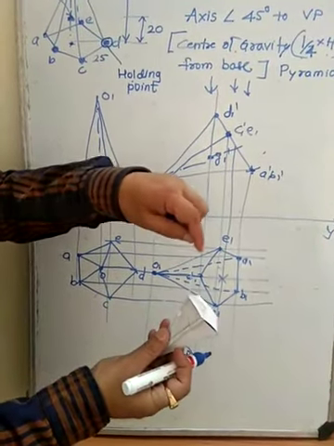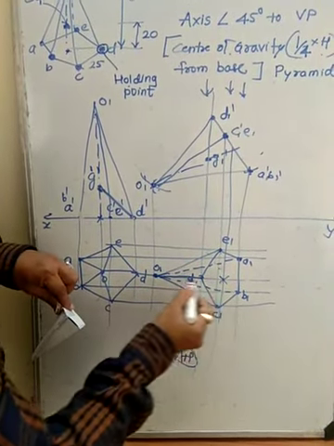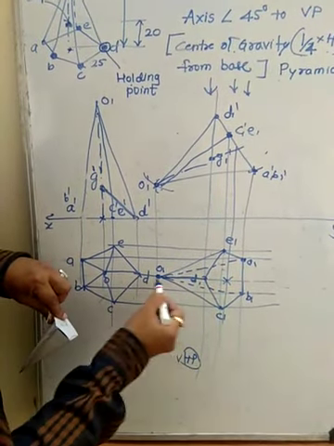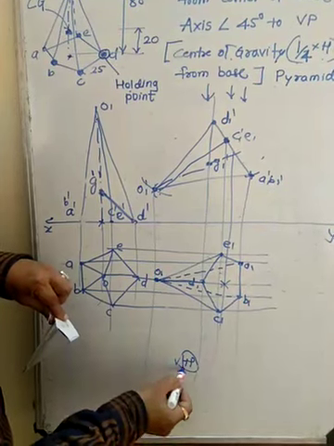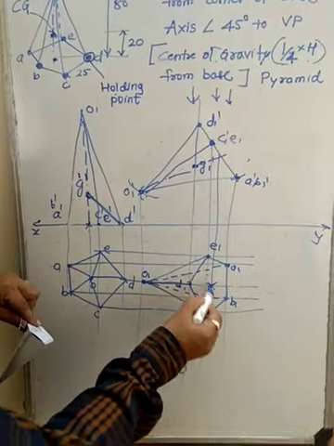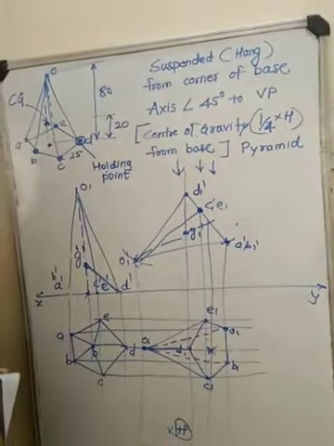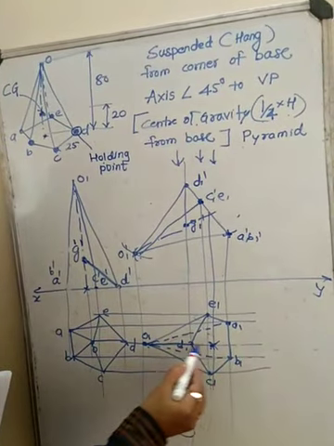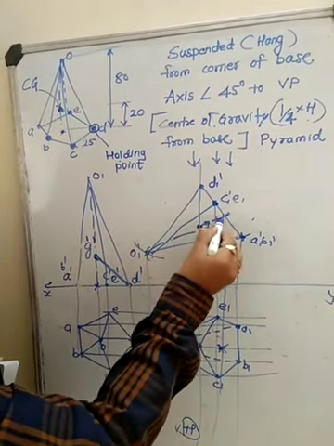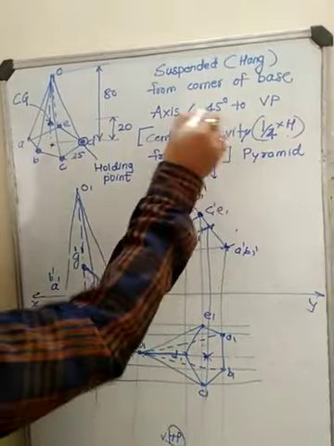Now in this case, this axis is parallel to VP, as it is, we can see this axis parallel on HP. So that means this axis is parallel to VP. Now you have to make this axis incline 45 degree to VP. But again the problem is that this is not the true length. This is the apparent length, because this is inclined, OX is inclined. And that's why this is not a true length, and these are the two angles.